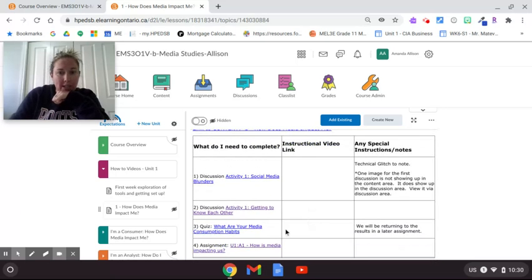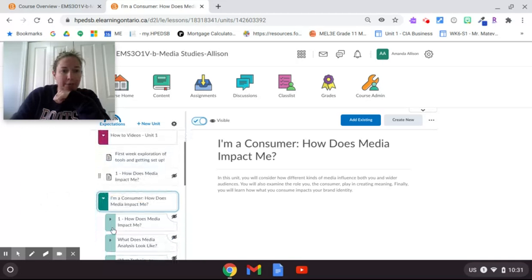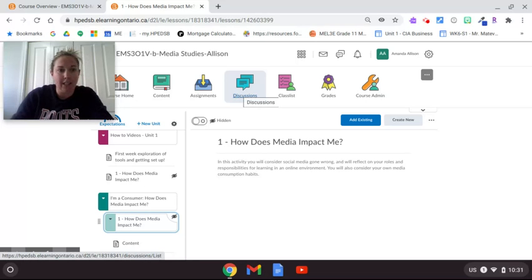So what's going to be expected once I open up? You'll see the how-to area opened up. And then I'm going to open this one up. So how does media impact me? You're going to have to work between those 2 things, but eventually you'll get comfortable with it. And you'll see that I will link the same instructional videos directly to the assignment and directly to the discussion area. So eventually, once you're comfortable with navigating, you'll see that I kind of over-organize, but it works pretty well for students when they are starting to get going.